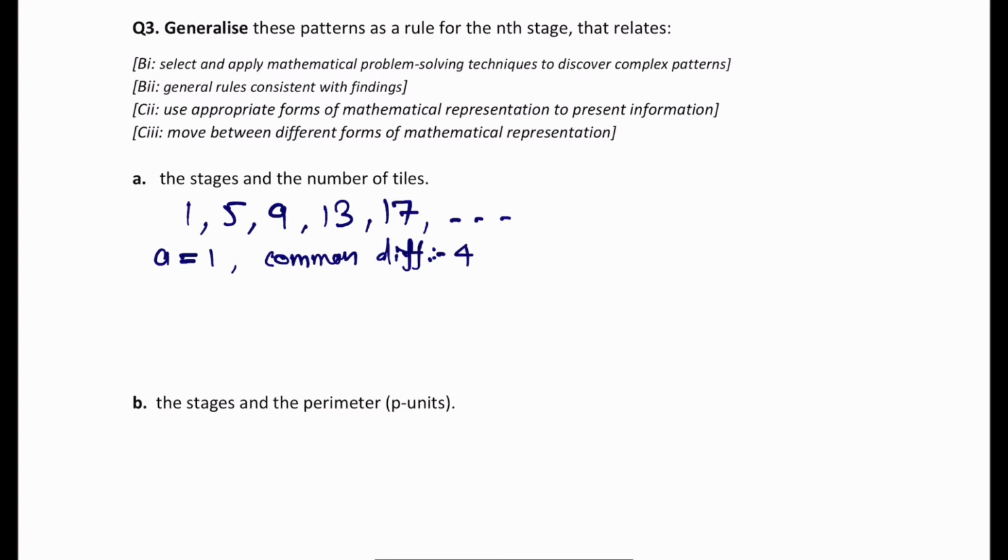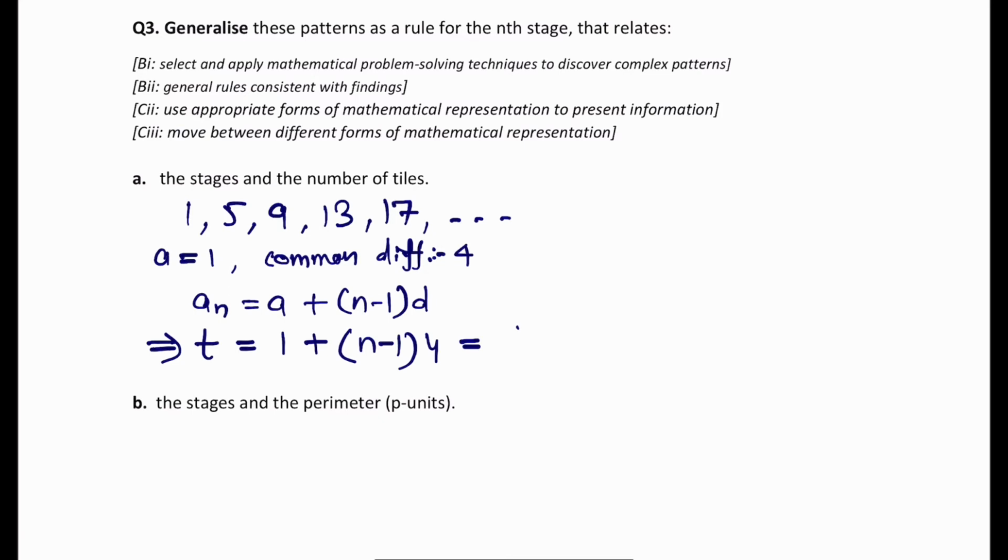Now for the nth term of this arithmetic sequence, I can write an equals a plus n minus 1 into d, which is the common difference. Now just substitute the value of all the variables over here. An is going to be my number of tiles in nth stage, and a is my first term, that means 1. n is going to be as it is, and d is 4. So just simplify this thing. It will become 1 plus 4n minus 4. So it will become 4n minus 3, where